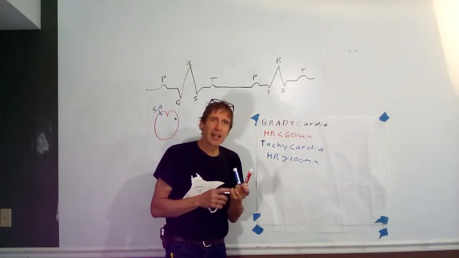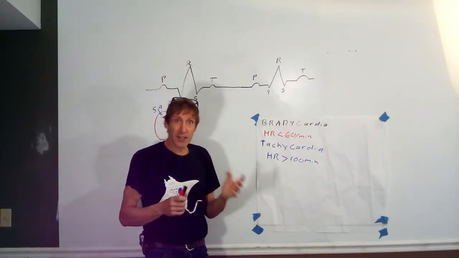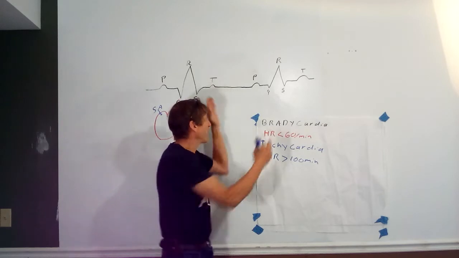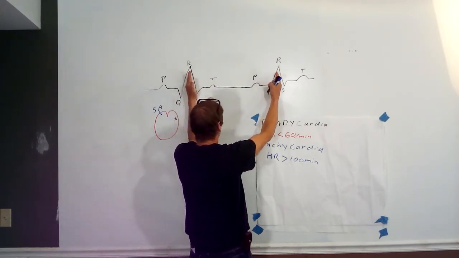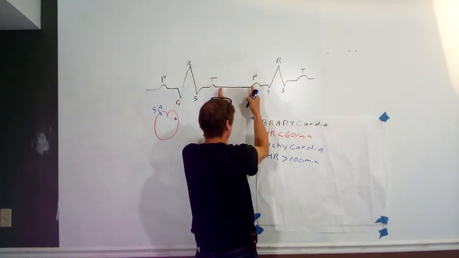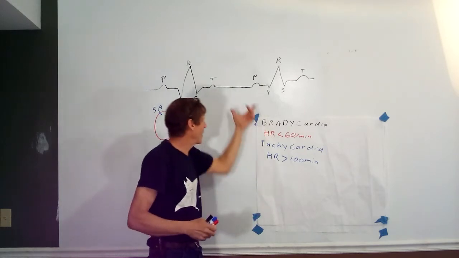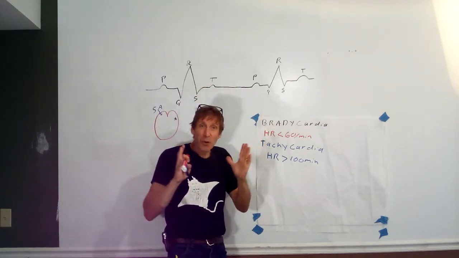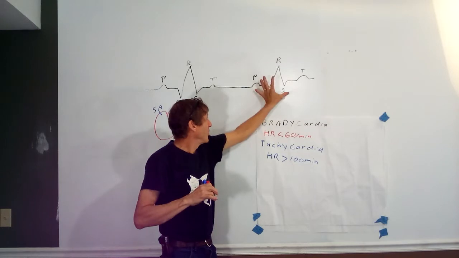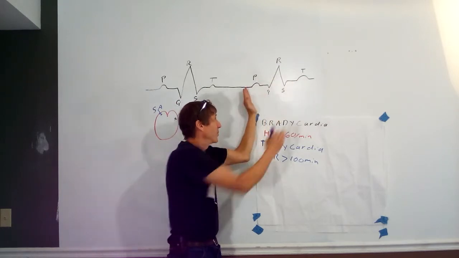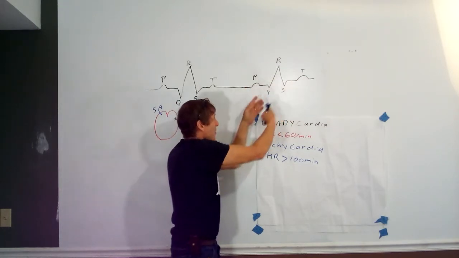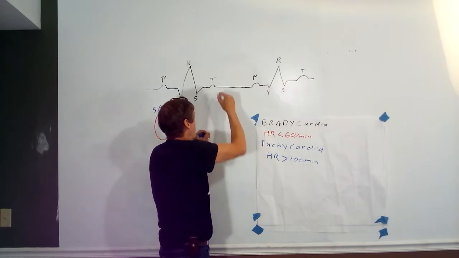The EKG for tachycardia may look normal. If it's due to the SA node firing too quickly, everything will be normal, but the time interval between the beats will get compressed. If you speed it up, you make the whole EKG, the electrical signal, move a little faster. This will get a little squeezed together, but mostly this period right here,